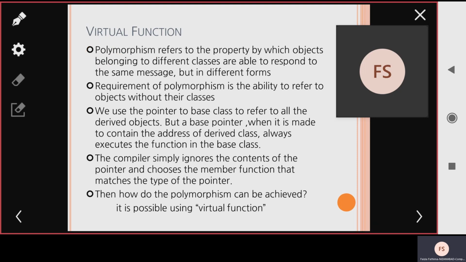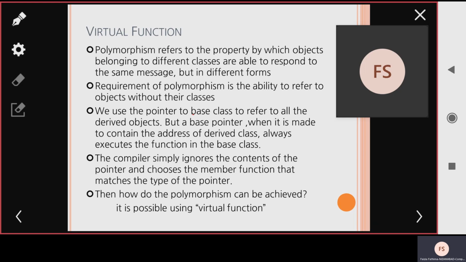And polymorphism in objects involves objects irrespective of their classes. In polymorphism, we use pointers to the base class to refer to all the derived classes. So we are using a pointer to the base class to access all the derived classes.